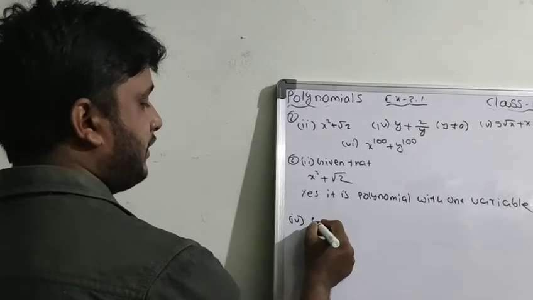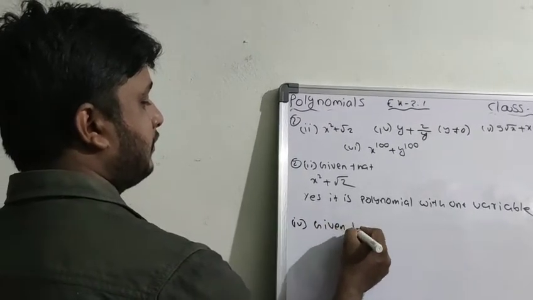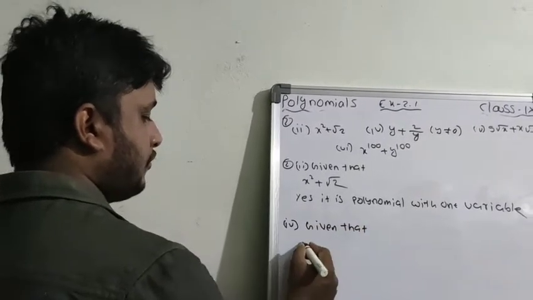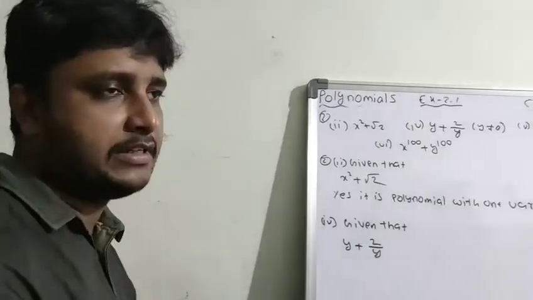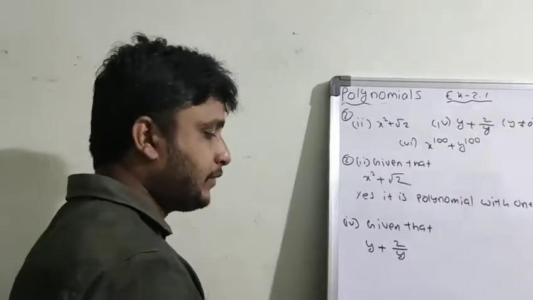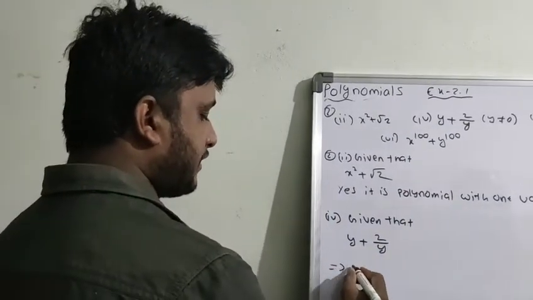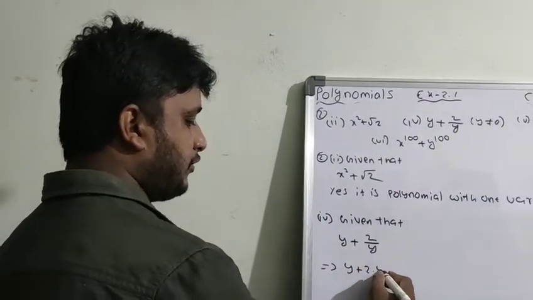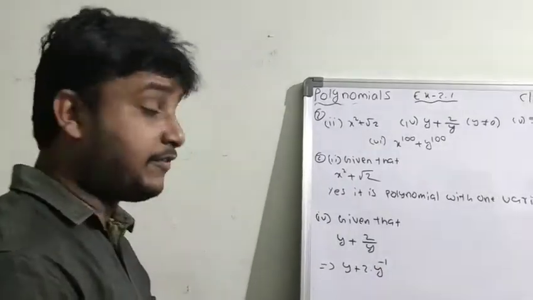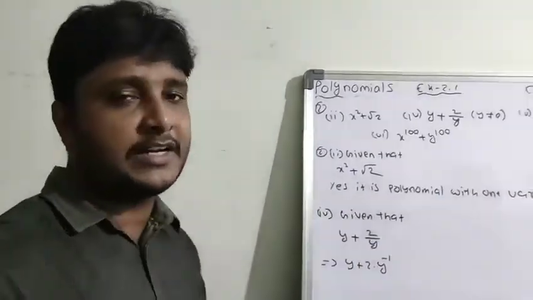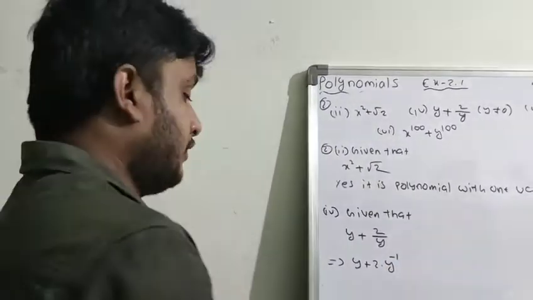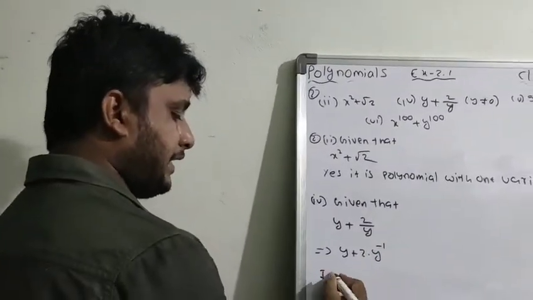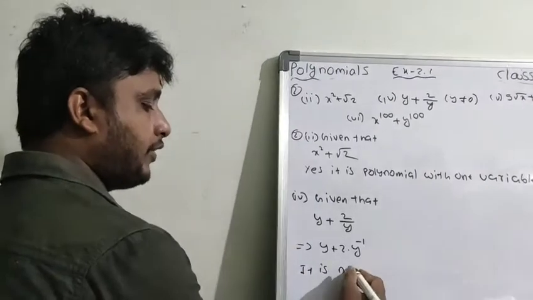Given that, y plus 2 by y. Whenever the variables are in the denominator, first you have to bring them to the numerator. So we can write this as y plus 2 into y to the power of minus 1. First of all, this is one variable, but it is not a polynomial. Why? Here the power of the variable is negative. So it is not a polynomial